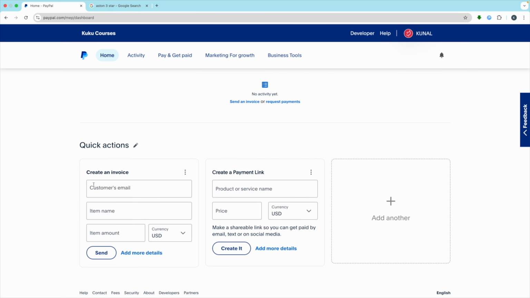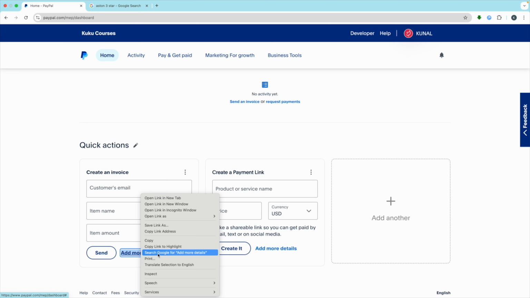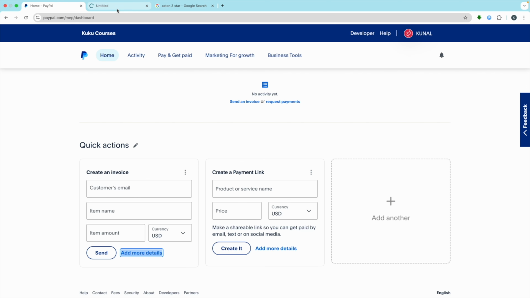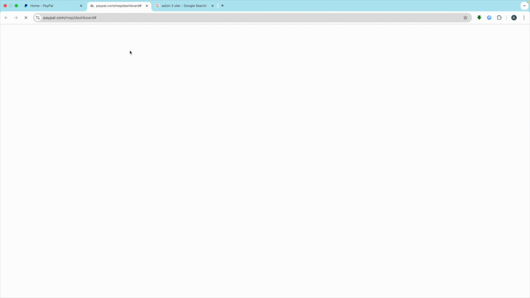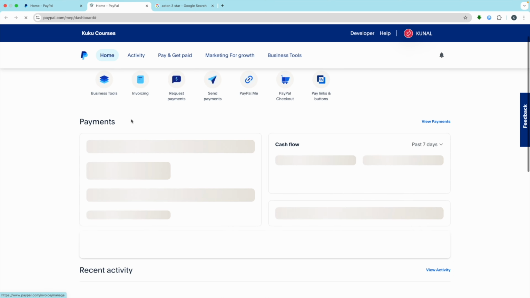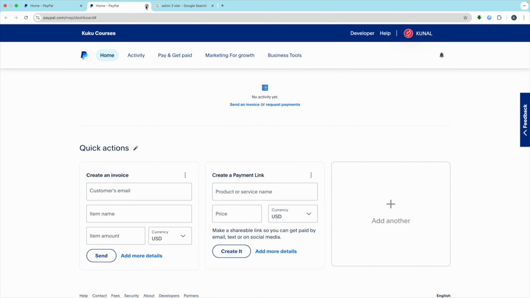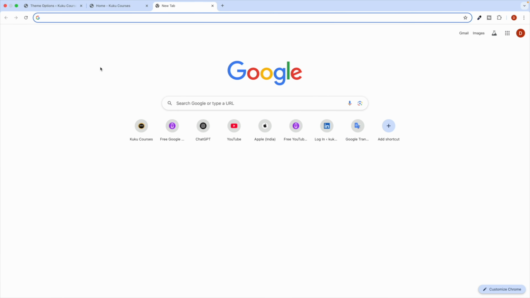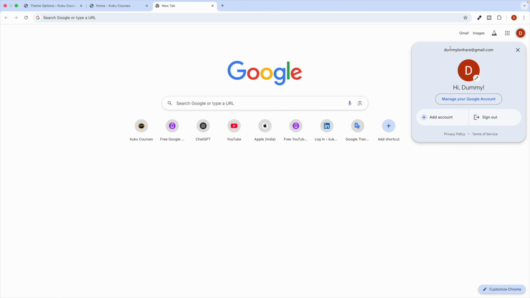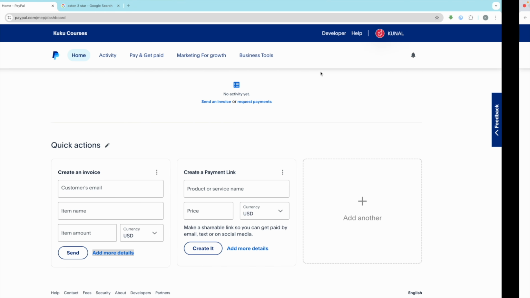Now guys, let's first go ahead with some quick actions. In PayPal you can create an invoice, and you can send that invoice to any email. For example, you can read more about the invoice over here in very detail, but I just want it to be very simple and clear. Suppose I have this email address, so I can go ahead and put the